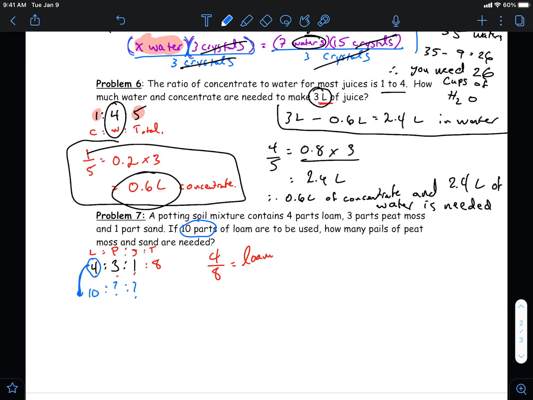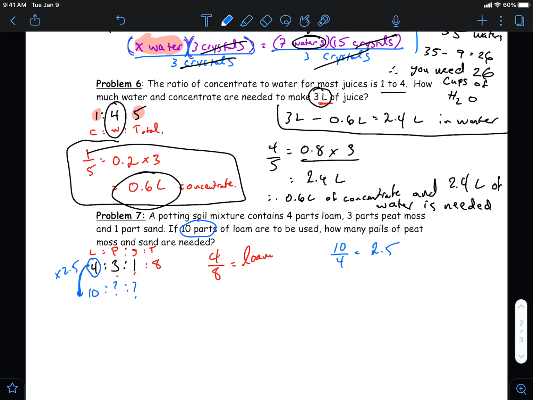Yes? Well, 10 divided by 4 is 2.5. So this is almost like a scale factor, right? How do I get from 4 to 10? Well, if 10 divided by 4 is equal to 2.5, then I could take 4, multiply it by 2.5, and I'd be good. But remember, we're bound by the constraints of the mixture, it has to stay consistent, proportionally speaking,